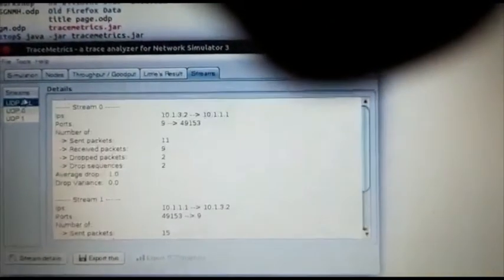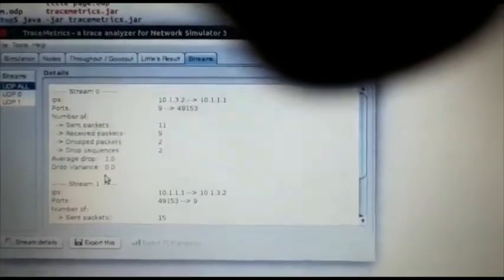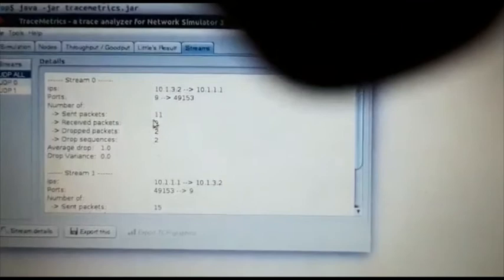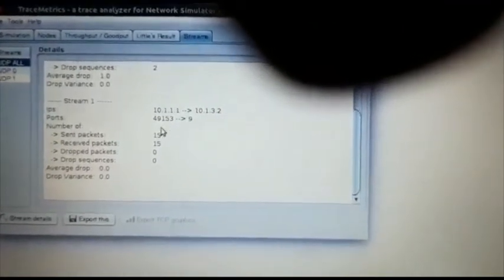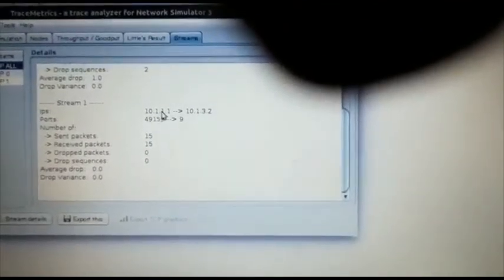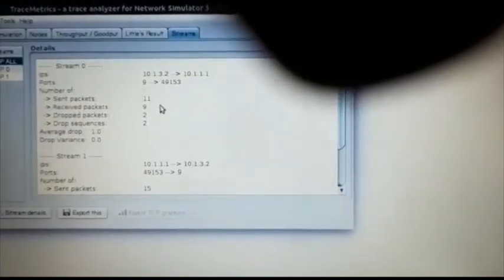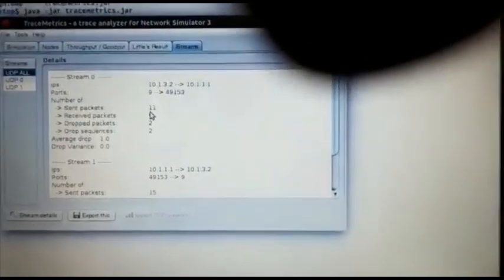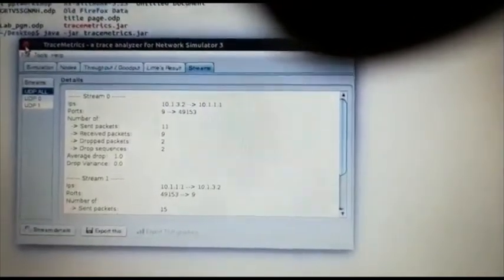All were UDP streams. There were 2 UDP streams, stream 0 and stream 1. For each one, how many packets were sent, how many received, how many dropped, all that is shown. And from which IP to which IP address, client to server, which port number to which port number, all the details are shown. So this is another very useful software where you can observe the output.